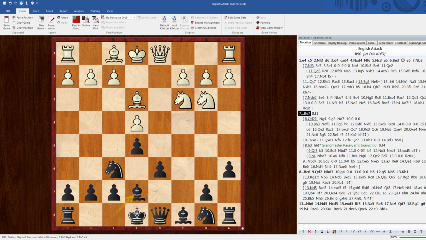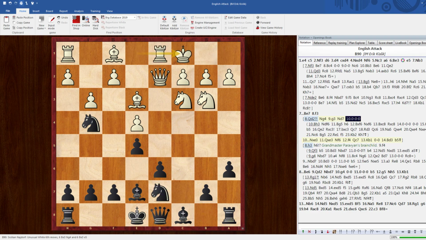I really like bishop e7, and one point is that if queen d2, I can just play knight g4 right away. Nice point is if they castle, I can simply take on e3 and play bishop g5, winning the queen. So they're essentially forced to go g3, knight d7, and if they go for this same setup, I can simply take the bishop. I have the bishop pair now, go knight f6, controlling the d5 square,